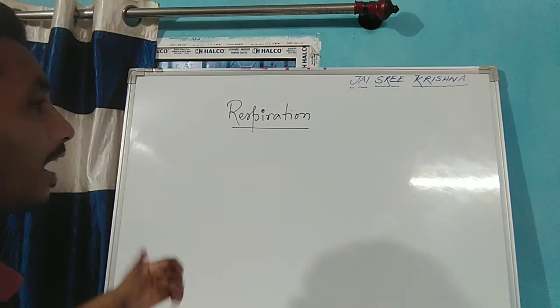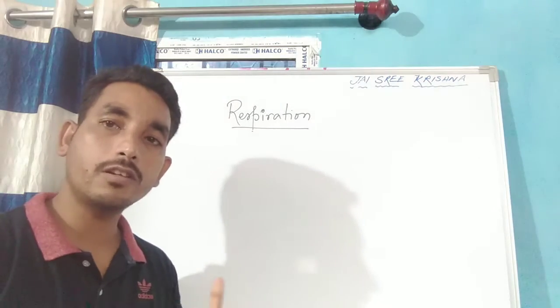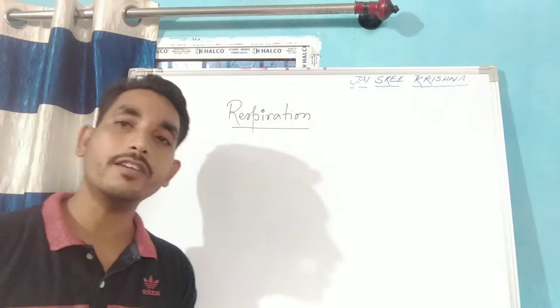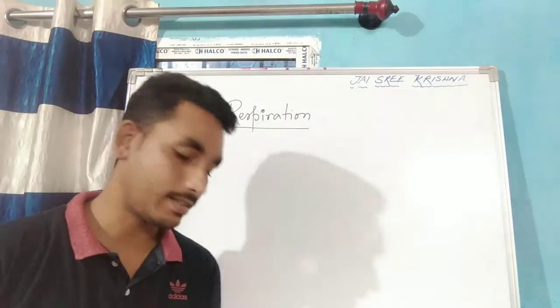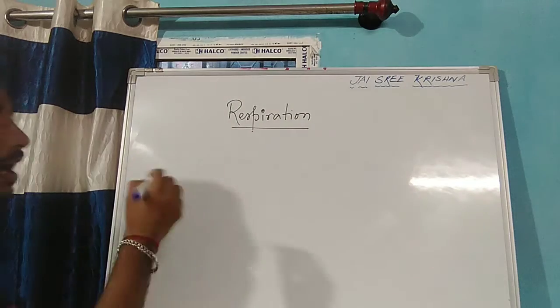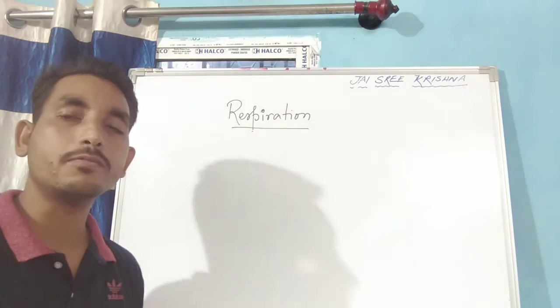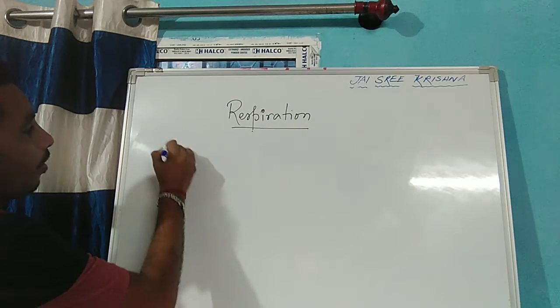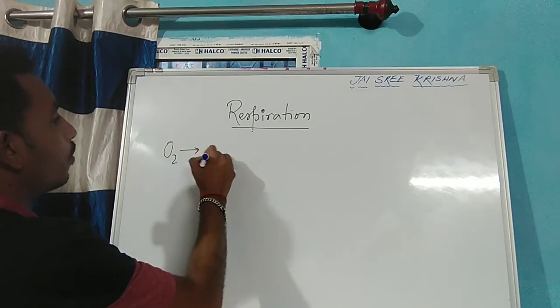Today let us understand how we take in oxygen, how the oxygen is utilized by the body, how the oxygen is transported by the blood, and how the carbon dioxide is transported by the blood so that we can exhale it outside. Now I'm giving you a simple flow diagram so that you can understand it very simply. Whenever we are taking oxygen through our nose,